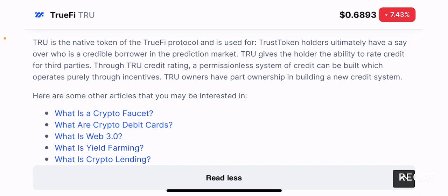So all those things can be done with the True token, right? Through True credit rating, a permissionless system of credit can be built, which operates purely through incentives. True owners have part ownership in building a new credit system. So apart from just providing liquidity on the platform and gaining liquidity provision rewards, you are also incentivized to hold True tokens, because you are basically allowing for the platform to build a very reputed credit system in a fully